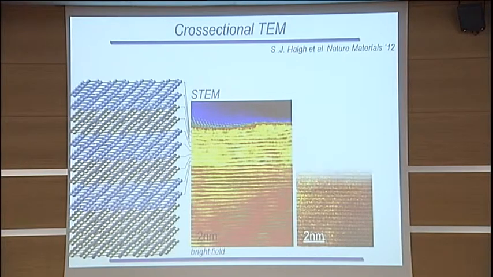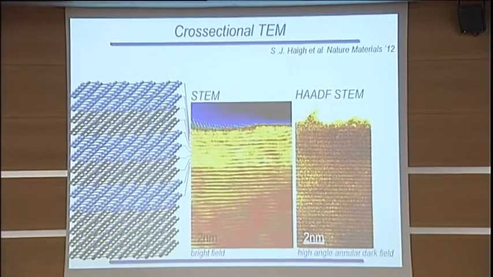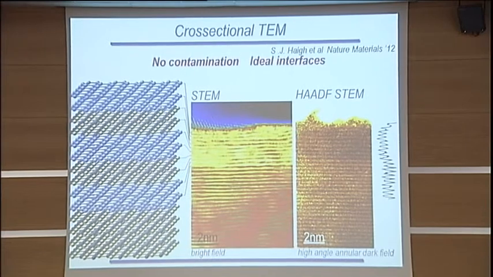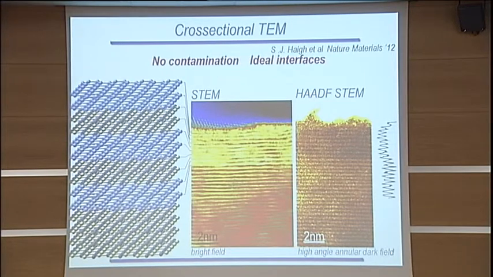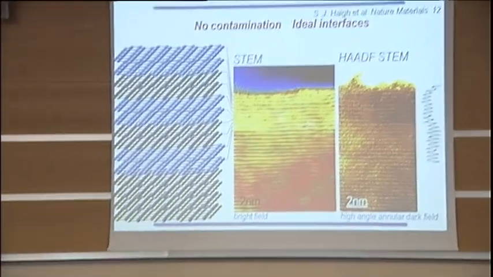But what is surprising is that, especially if you look at it in the dark field image, you basically won't be able to say where graphene starts and where the underlying boron nitride stops. So if you take all the precautions, the quality of those heterostructures can be quite amazing. So in the rest of my talk,